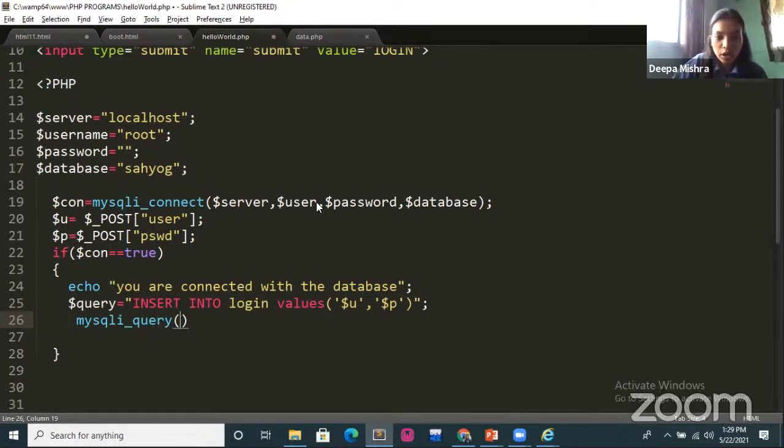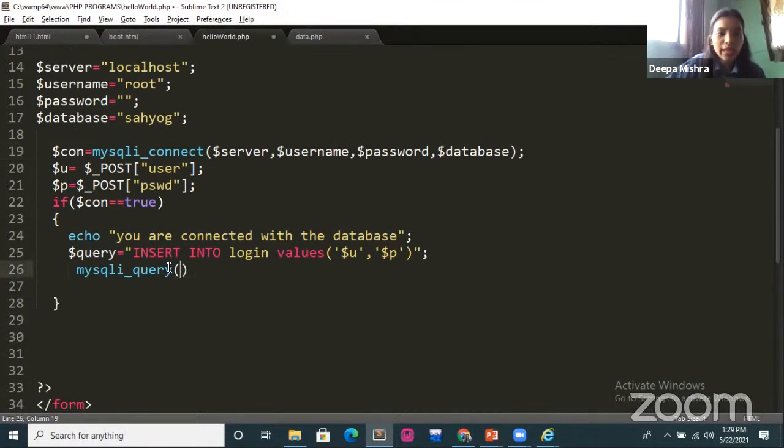And the next one is your query, which you want to execute. So the first one is your $con, because in the $con variable, all the server name, database, and everything is there. And the second one is the query you want to execute. In which variable is your query stored? In this $query variable. So just write down